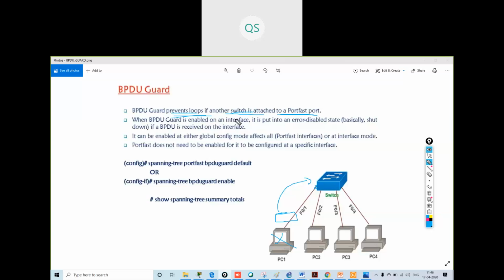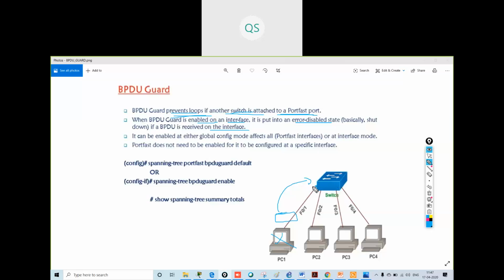So how will it prevent the loop? When BPDU guard is enabled on an interface, it is put into an error disabled state, basically shut down, if a BPDU is received on the interface. Suppose I configured all these ports as port fast, and also configured BPDU guard on all these access ports.